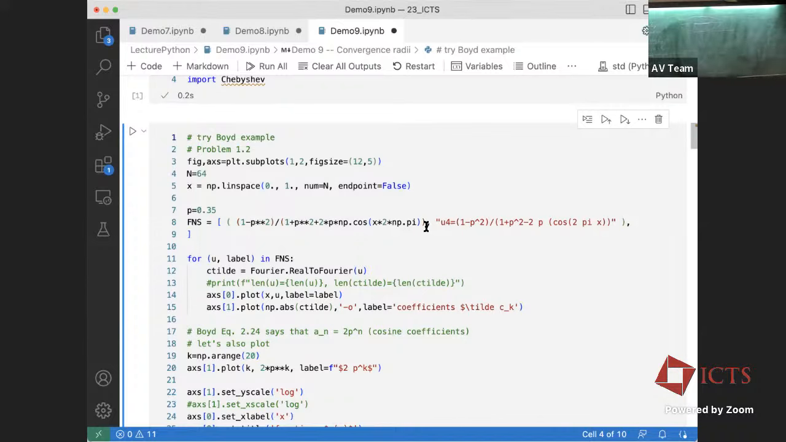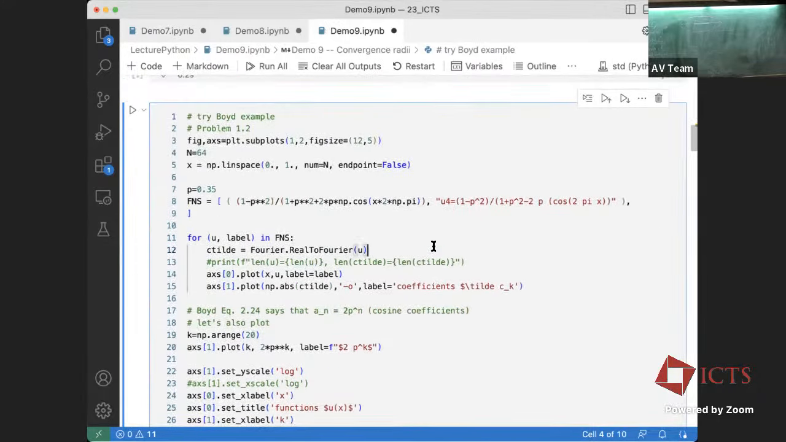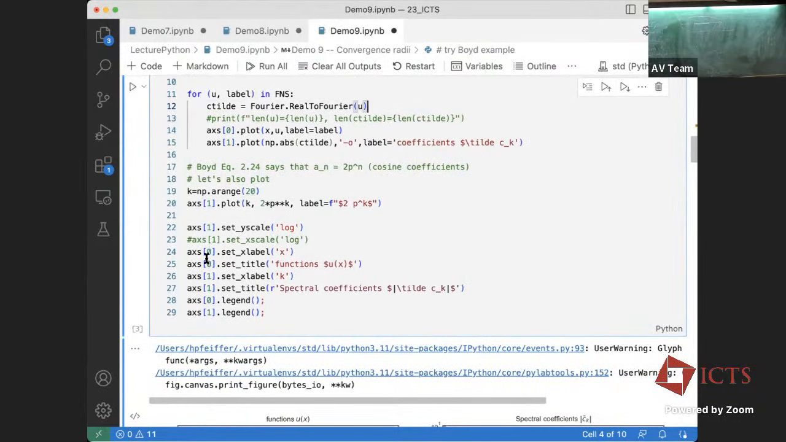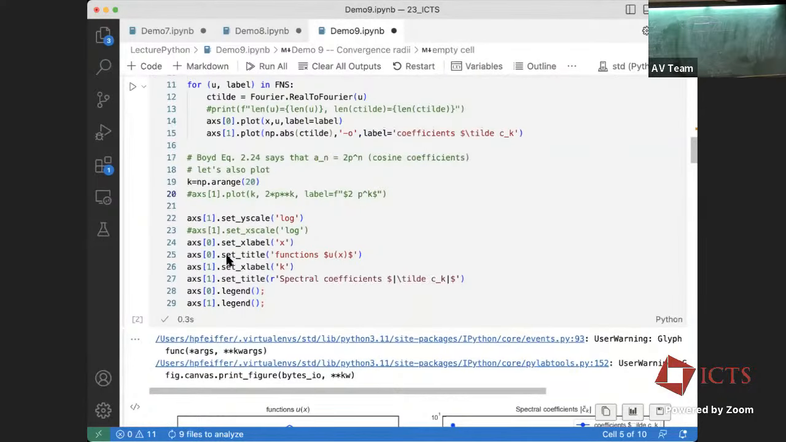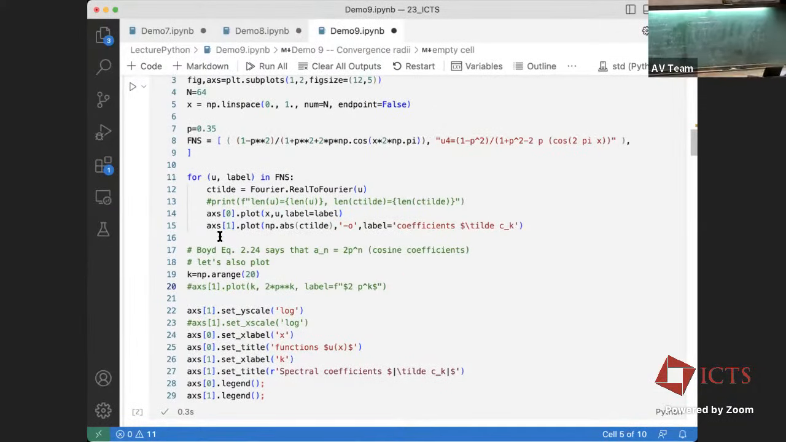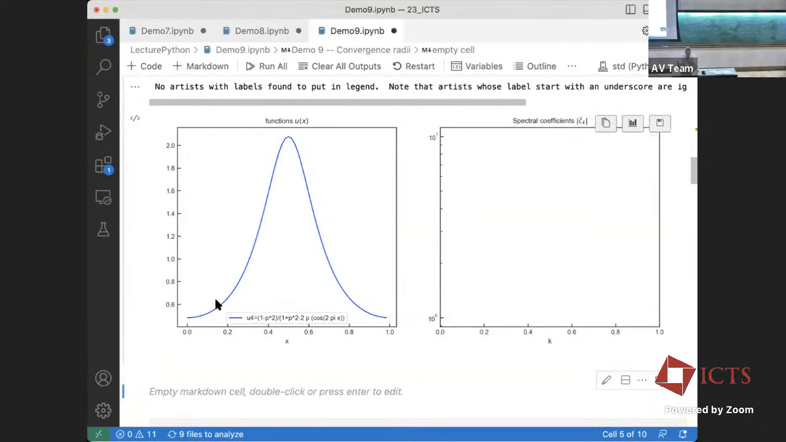Okay, anyway, sorry for spending so much time explaining what this funny function is. Let's try and plot it. Whatever this warning is, I wanted to take this one out. So here's the function